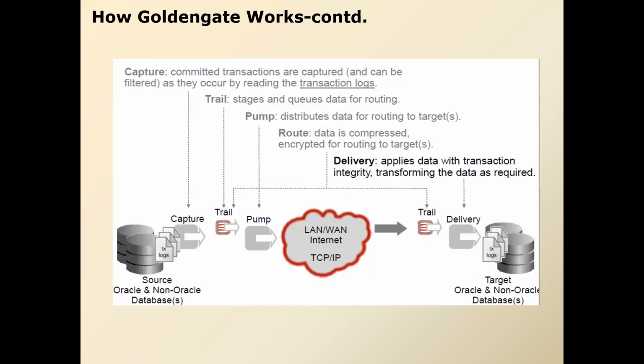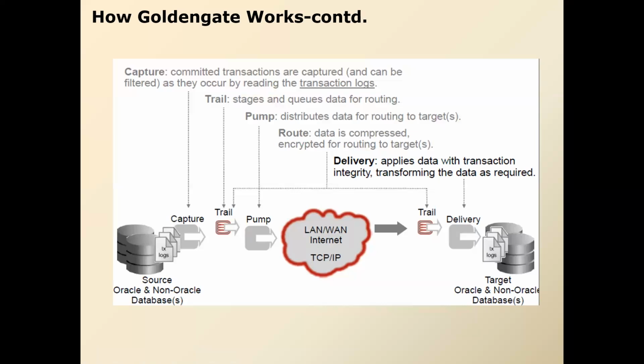Now, remember one thing. We say that Golden Gate is real time, right? So does the data pump process transfer the trail file over the network, or does it write the data from the source trail to the remote trail? Because Golden Gate is real time, as soon as data gets written into the local trail, the data gets transferred over the TCP/IP network. It doesn't transfer the trail file, it transfers the data. So the data gets written from the local trail to the remote.